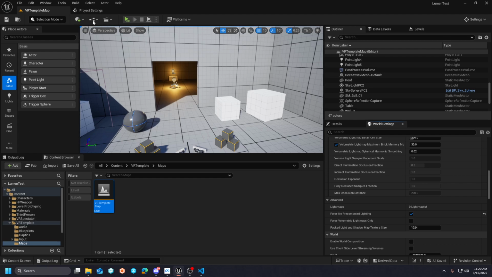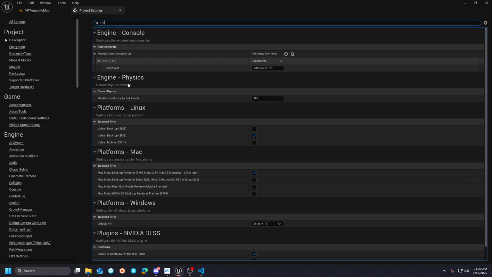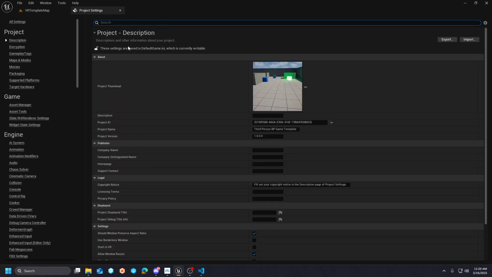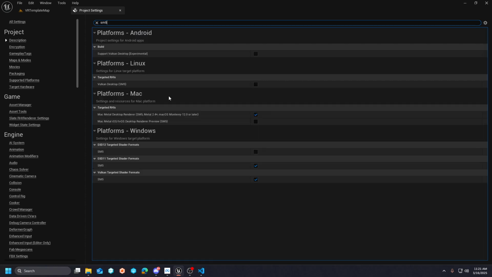And then from the third-person template, I changed my RHI to DX11. I changed my SM6 support. Of course, in DX11 you don't have SM6, but I made sure that I was on SM5 in DX11. So then you just go to your